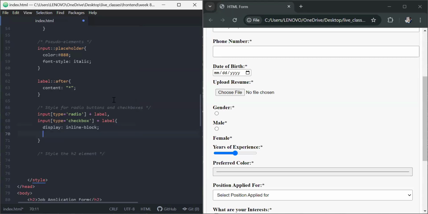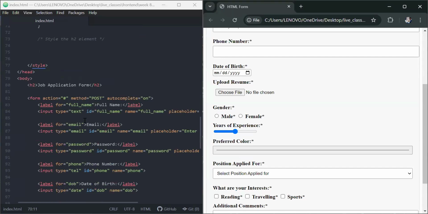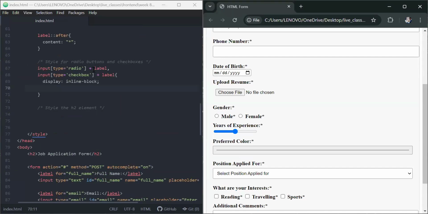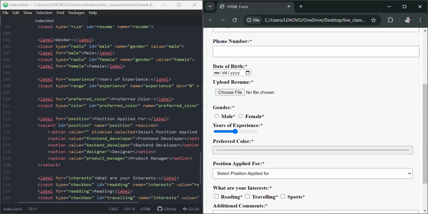And I'm going to save this, so see what needs to be done. All right, so now we have the label and the inputs. Now, you can see why we use the adjacent selector is because when you look at this label for gender,